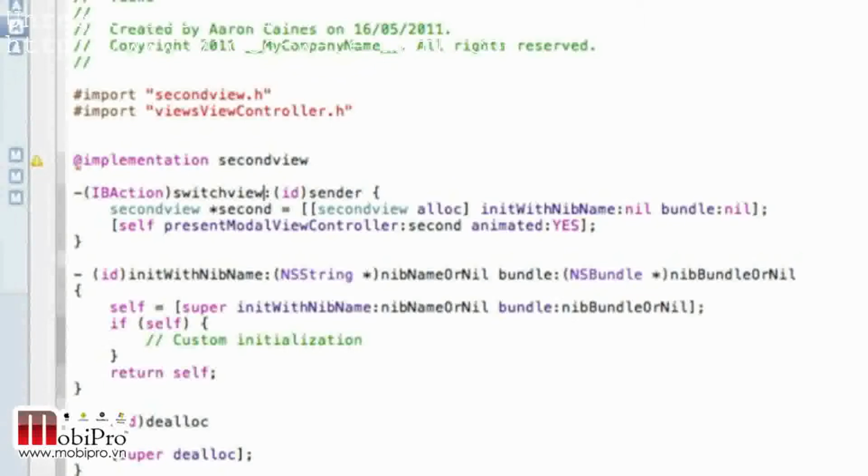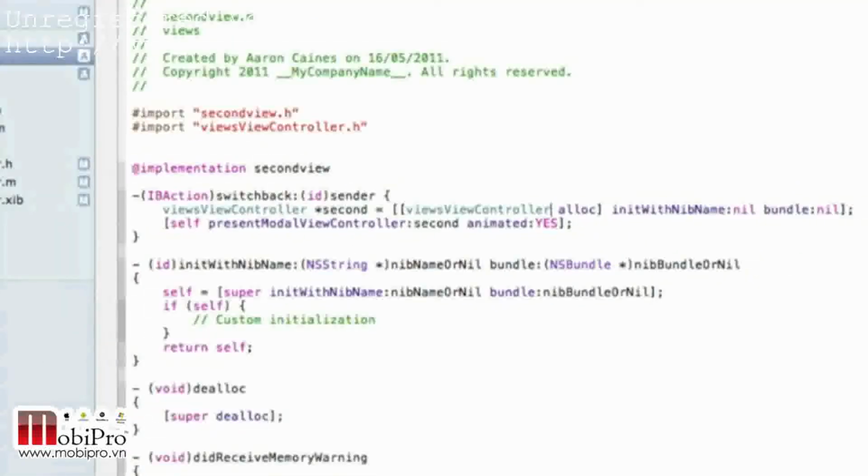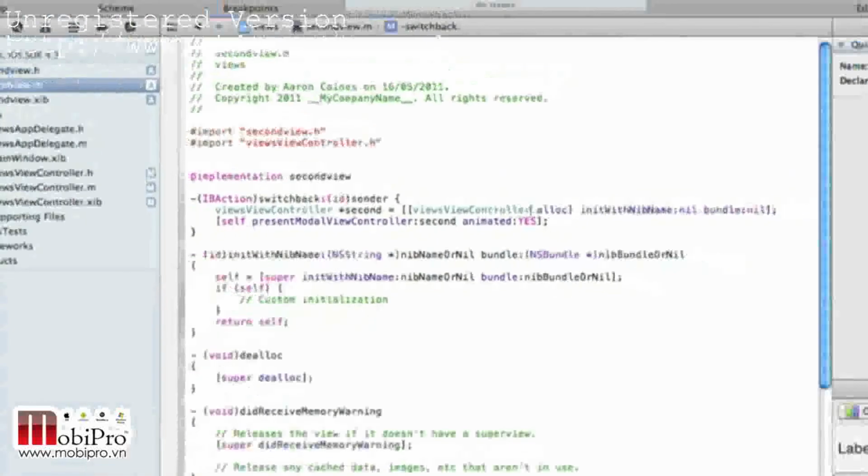the IBAction from switch to switchBack, as that is the name of our IBAction. So it should be like that, and change the second view to our ViewsViewController, and again here ViewsViewController. Let's zoom out a little bit. If you want to pause it and catch up on this bit here, but now I'll just zoom out all